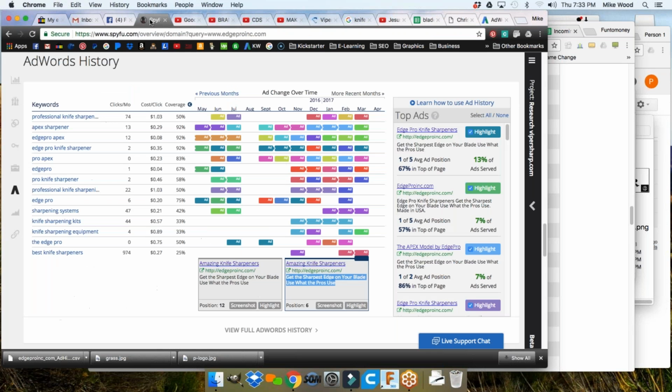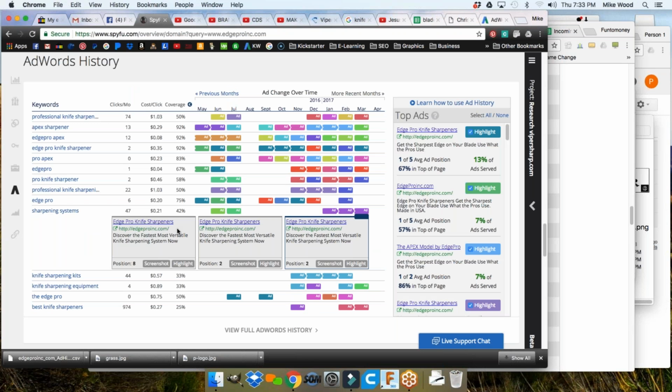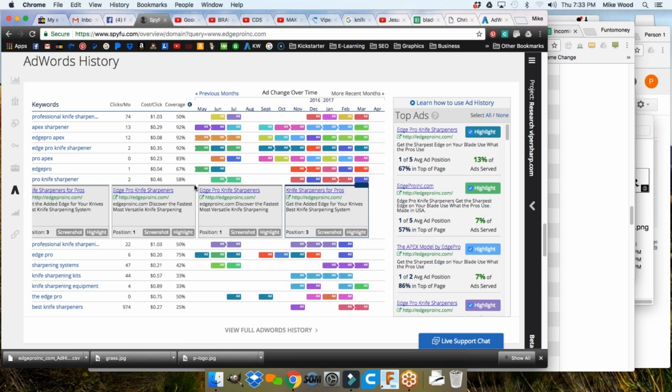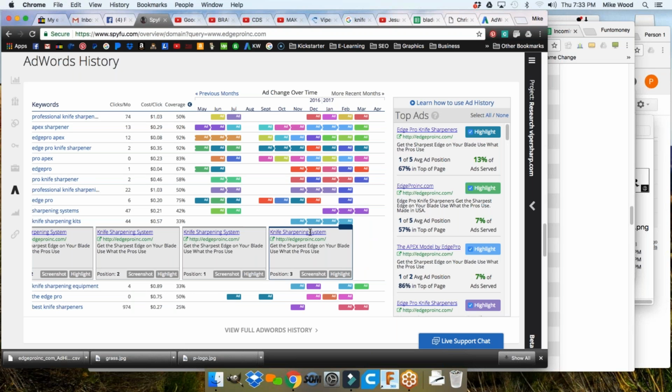Headline 1, again, I'm going to go look at some of what they've done here. Sharpening systems, what ads are they using there? Pro Knife Sharpener, they're using their brand. So that's something that I could certainly do. Knife sharpening system. All right, so